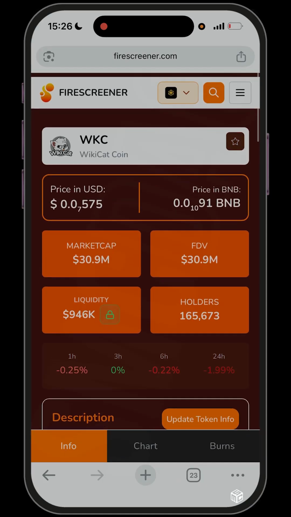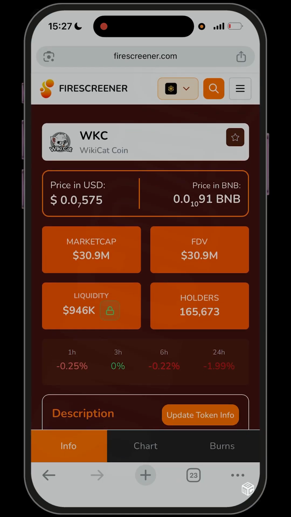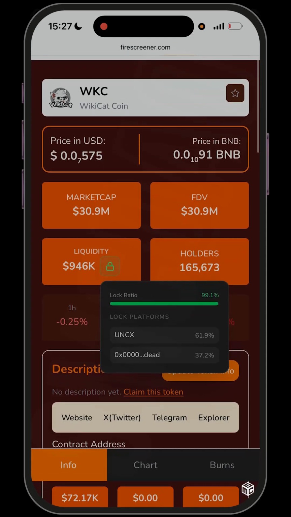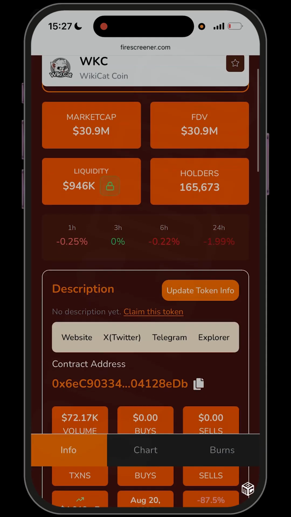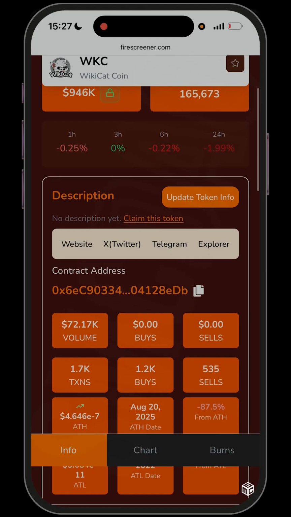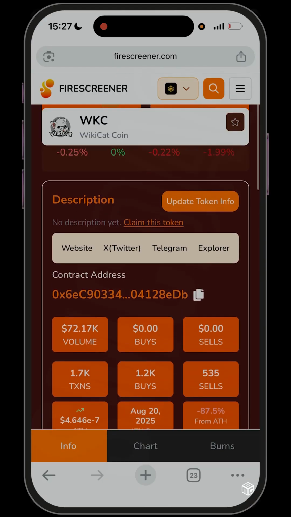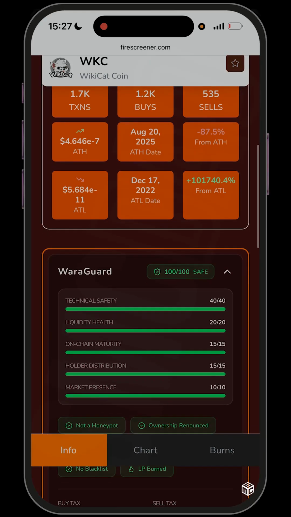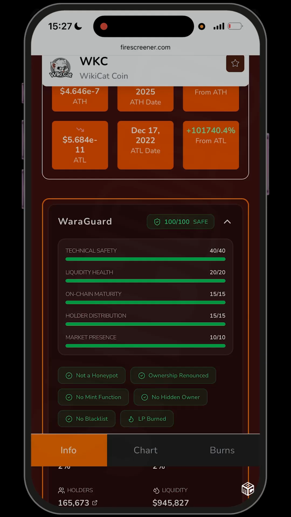With this, you can see what is happening in Wiki Cat: the FDV, the liquidity, the holders, the market cap. You could check if the liquidity is locked. You could see it is locked, and you could also see the description, the website, the socials, the contract address, and the volume. That's the 24-hour volume, and it is verified by WaraGuard,